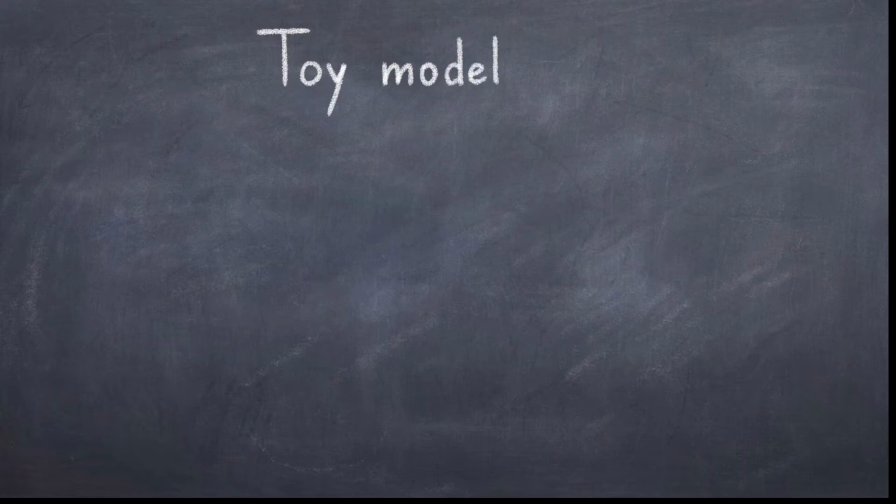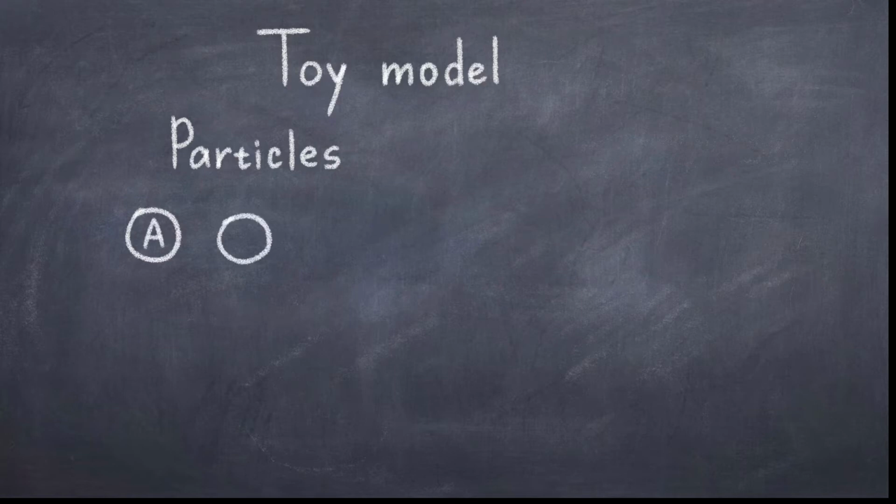Let's consider spin zero fields, thus scalar fields, which means we only have numbers, no vectors or matrices to make things complicated. Let's say we have three particles, thus three scalar fields, and each particle has some mass. Let us call these masses MA, MB and MC. To make particles interact, we need a vertex. Thus, our toy theory will have an interaction vertex where the three particles interact.